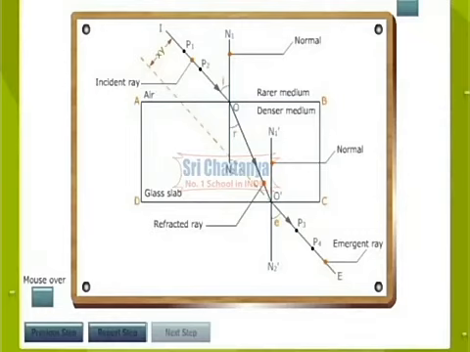We also observe that angle OO'(N1) is equal to angle R and angle E is equal to angle I. That is, angle E is greater than angle OO'(N1). This shows that a ray of light when traveling from a denser to a rarer medium